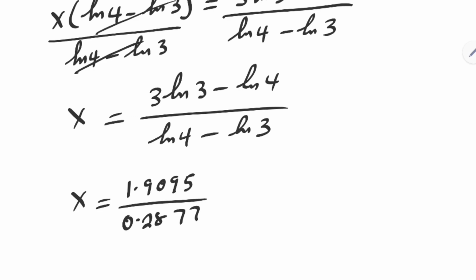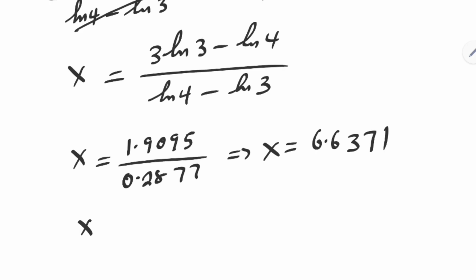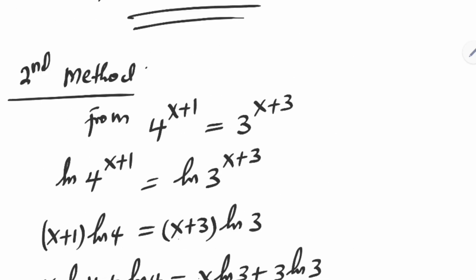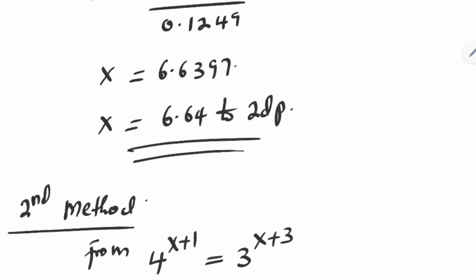Then if you divide 1.9095 by 0.2877, then x will be equal to 6.6371. Then x is equal to 6.64 to 2 decimal places. Then you can see that if you use the method of natural logarithm and this first method, you get the same answer,